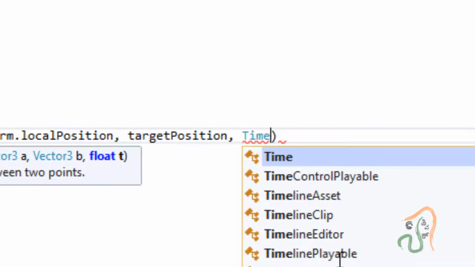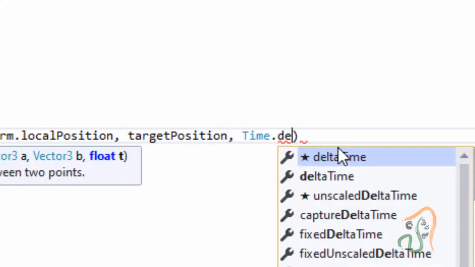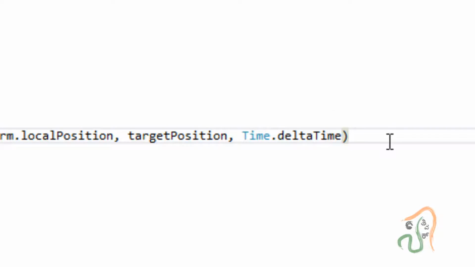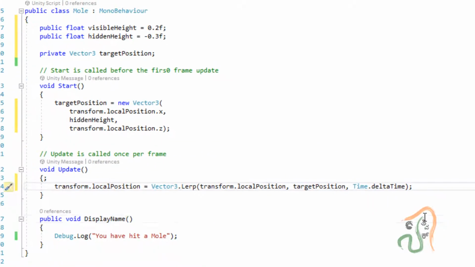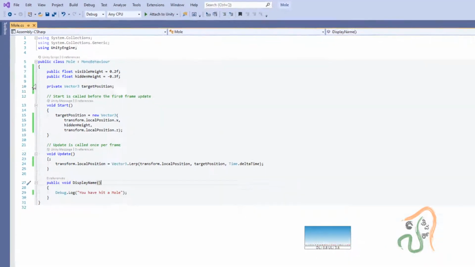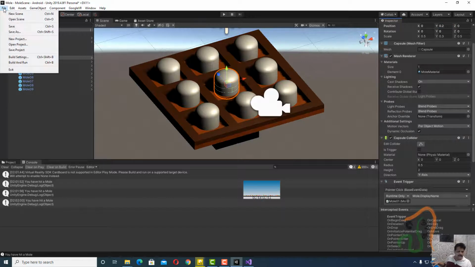For that we are going to use Time.deltaTime, and end this line with a semicolon. So this is the line we have added here: transform.localPosition is equal to Vector3.Lerp of transform.localPosition, the initial position, the end position, and the time of animation. After this, go to File, choose Save All, and then come back here to Unity. Now click Save All.